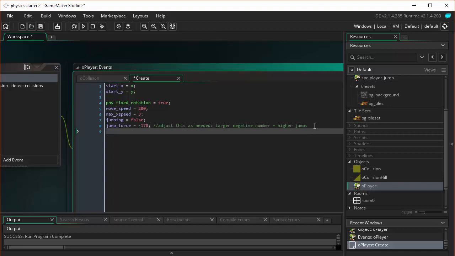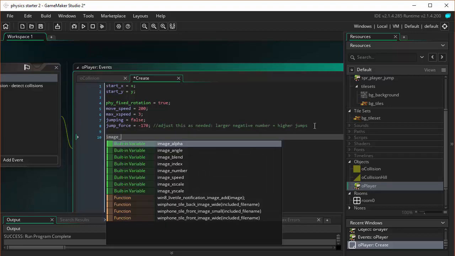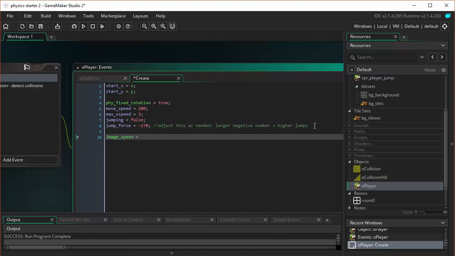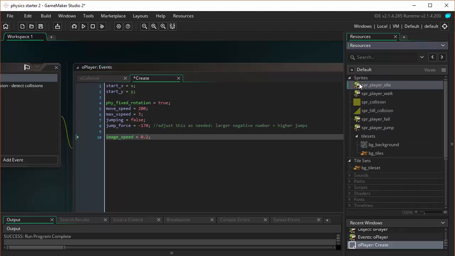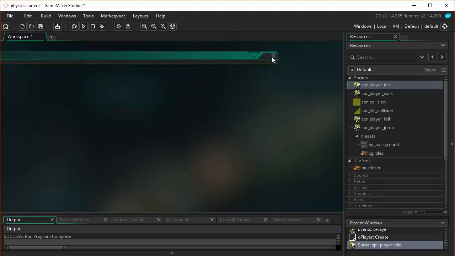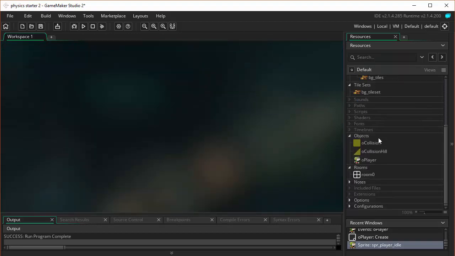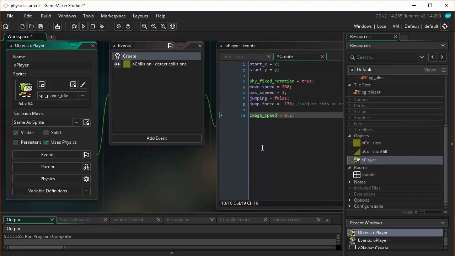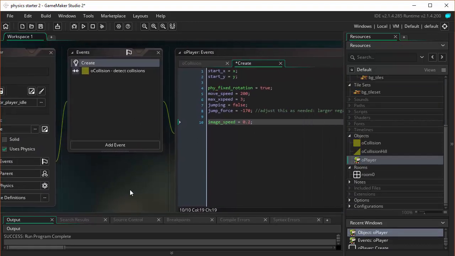And last but not least, we're going to set the image speed to something small. We want our player to initially just be standing out in the room and slowly rotating through the images for its idle animation. If you look at our idle sprite, it's only 2 frames, and if I play this thing, the guy looks like he's gone insane. Okay, so we're slowing that way down so that the animation looks a little bit better. Alright, so that's all the setup that we need for our